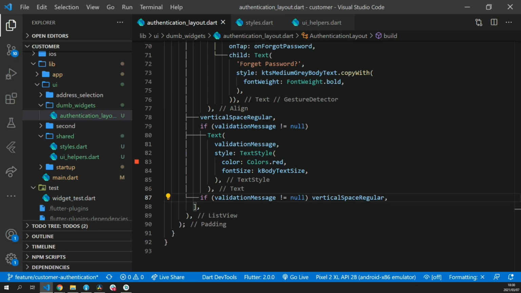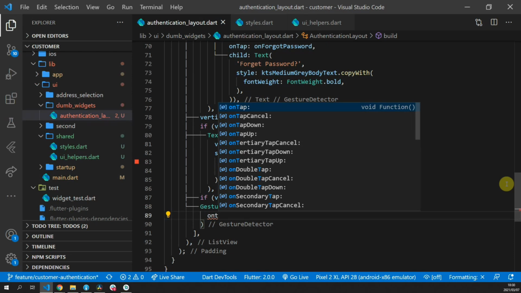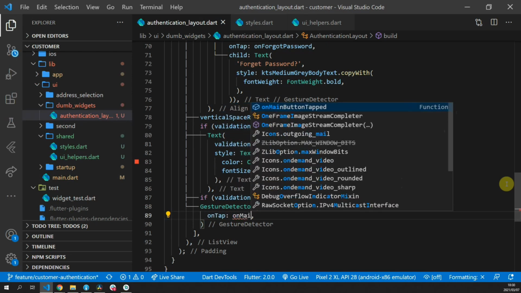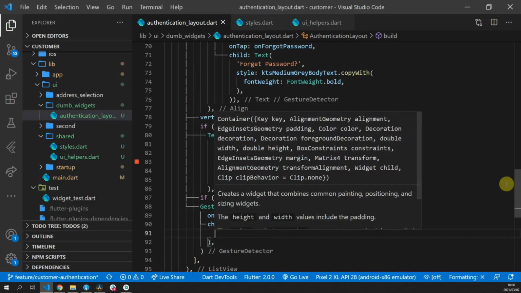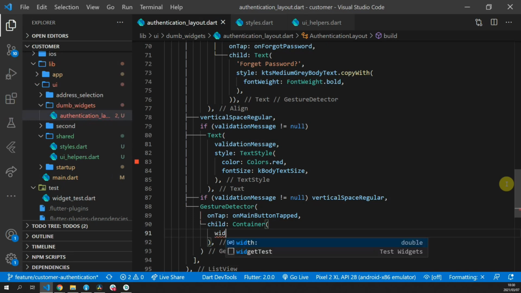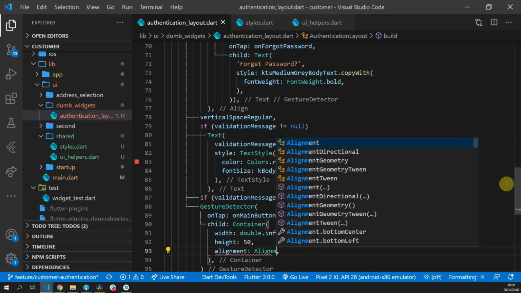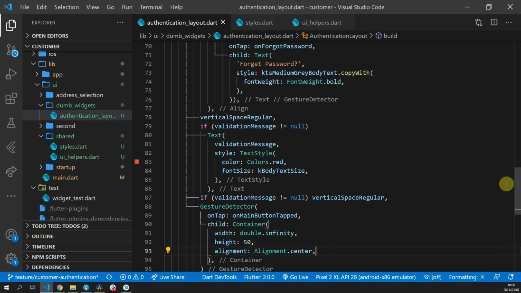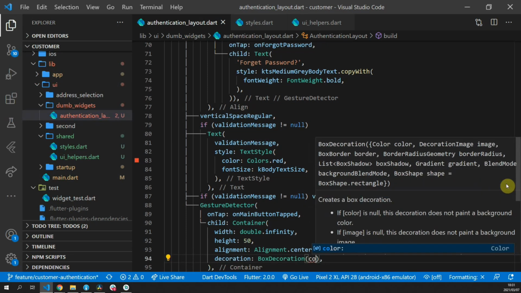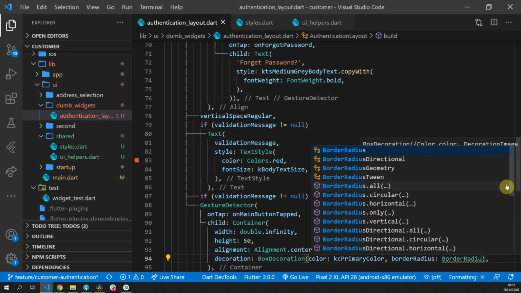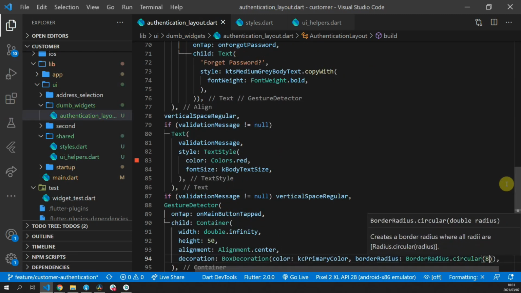Then we'll build a custom full width call to action button. This will be wrapped in a gesture detector. For the onTap property, we will pass in onMainButton tapped. For the child, we'll pass in a container. The width of the container will be set to double.infinity. The height will be set to 50. The alignment of the children of this container will be center. And for the decoration, we'll pass in a box decoration, the color set to KC primary color, and a border